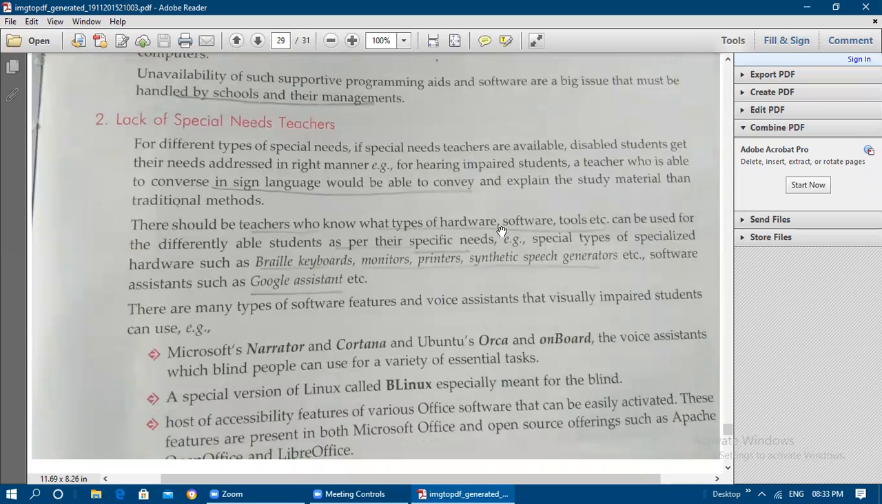Like some people, as we said, hearing impaired people cannot hear what we are saying. So if teachers who know sign language are available, then even though the students are not able to hear whatever the teacher is conveying orally, because of sign language, they are able to understand. So for different types of special needs, if special needs teachers are available,